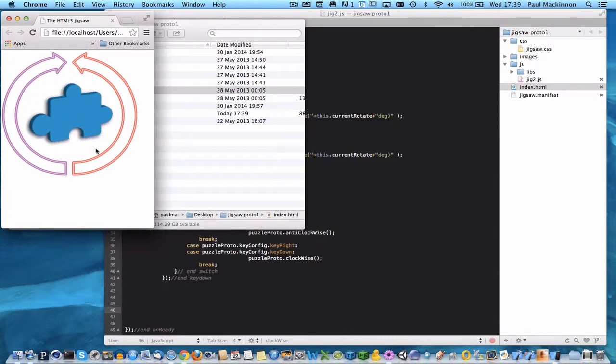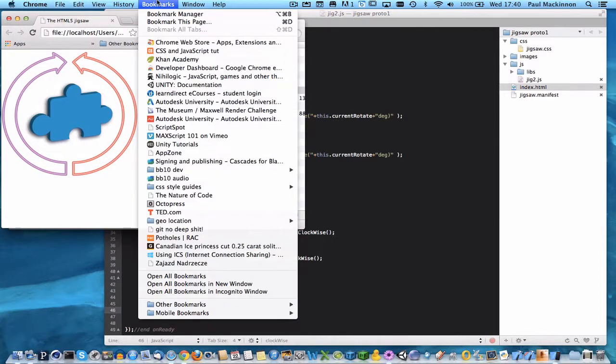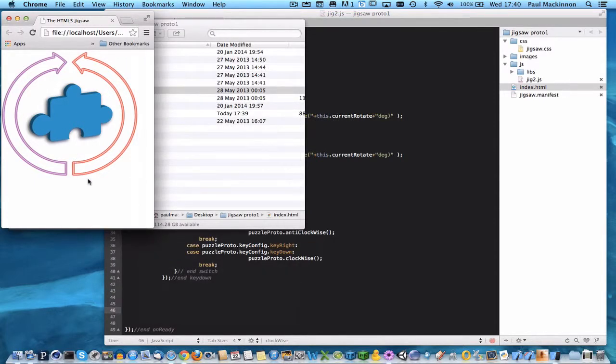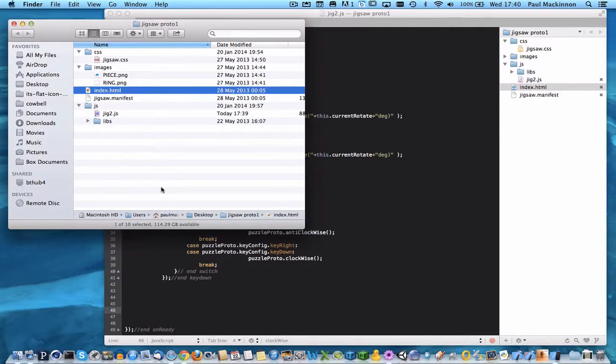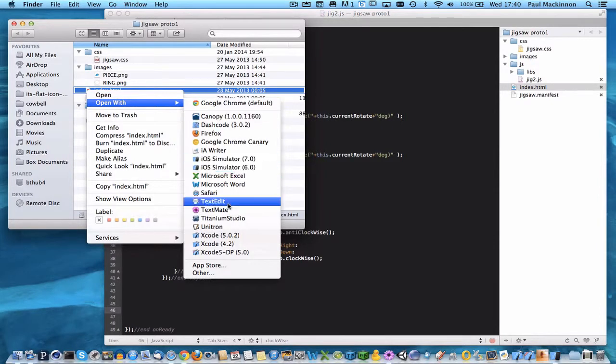So the desktop version still works. What I can do to see clearly if there's any errors is open that in the desktop Safari,